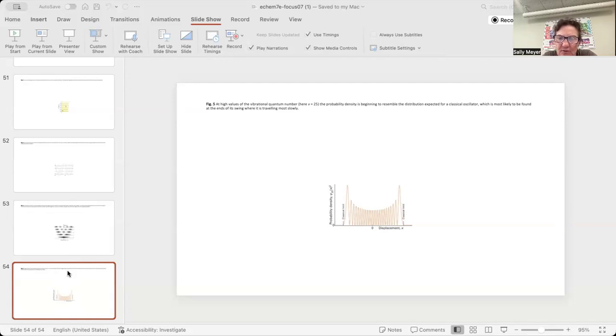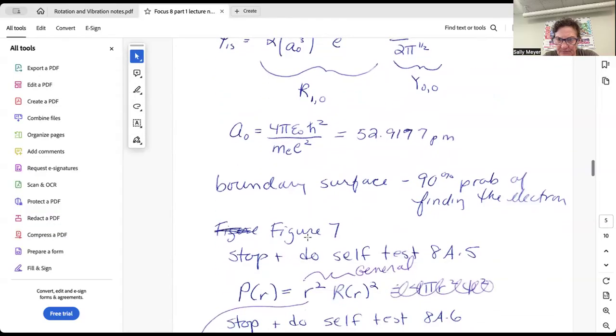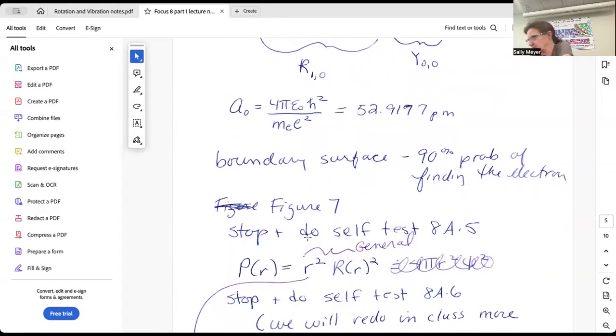You could draw other ones, and in your Mathematica lab, you'll create some of these boundary surfaces. Okay, so stop and do self-test 8A.5,